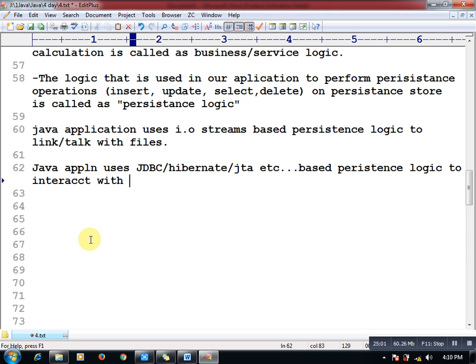IO stream is useful for files, whereas JDBC, Hibernate, JTA, and some other frameworks and technologies are there. If you want to interact with the databases, you need to use JDBC, Hibernate, or JTA. Persistence operations are also called as